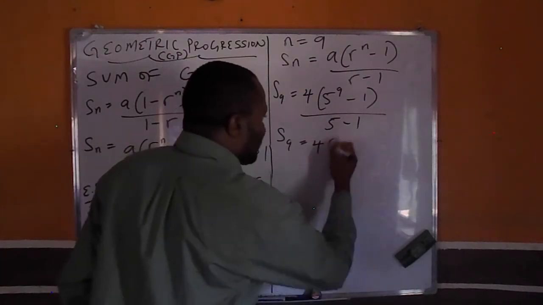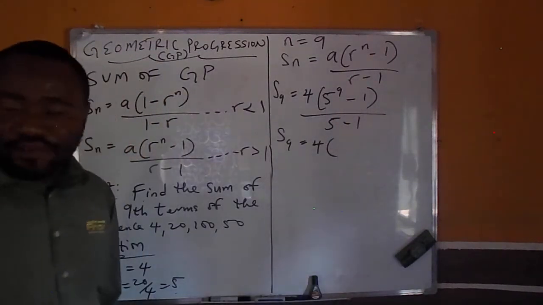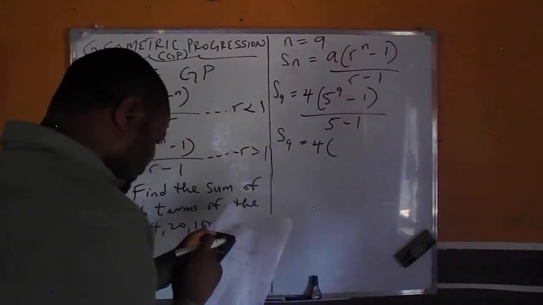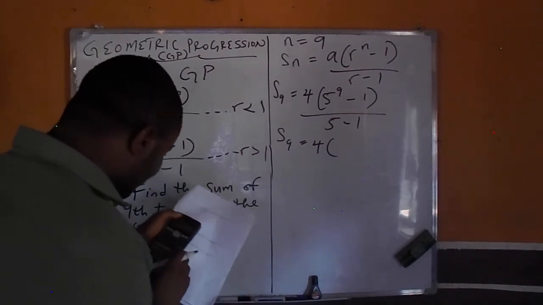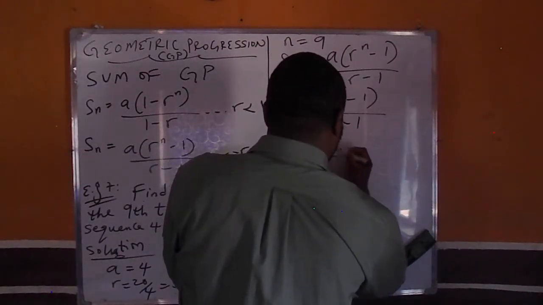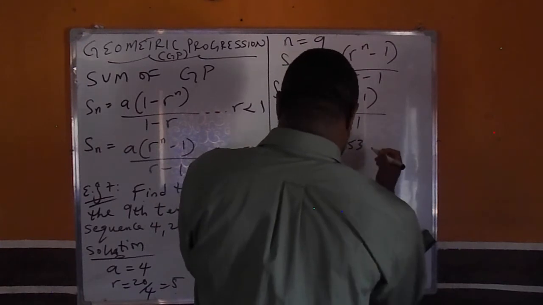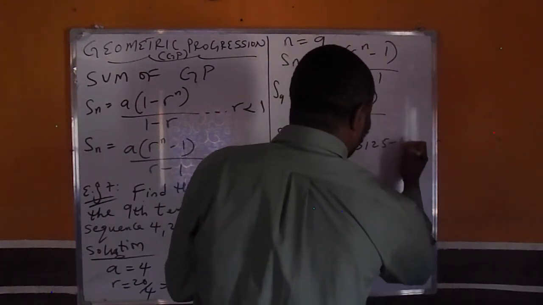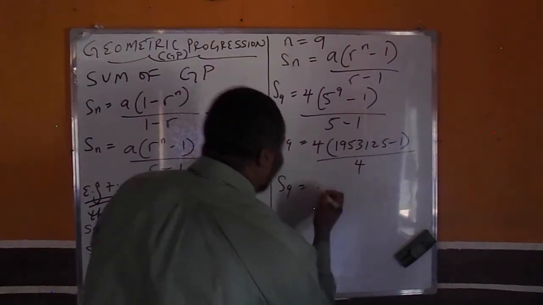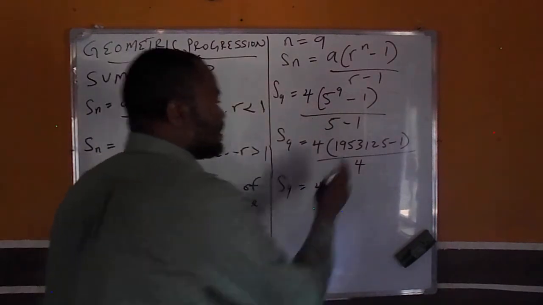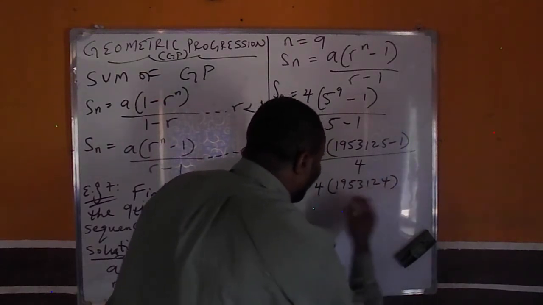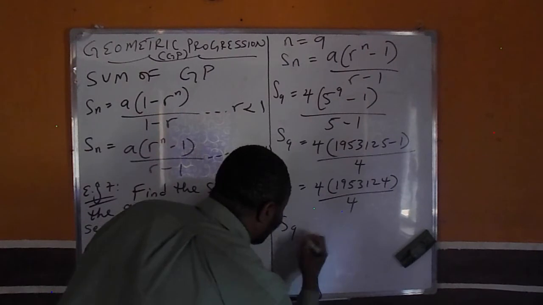S9 equals 4 in bracket 5 raised to power 9. 5 raised to power 9 will give us 1953125. Minus 1, divided by 5 minus 1. So S9 equals 4 in bracket, this minus 1 will give us 1953124, divided by 4, whereby S9 equals